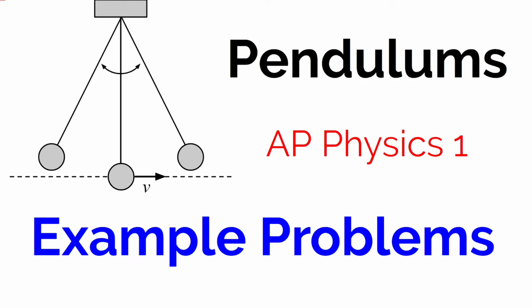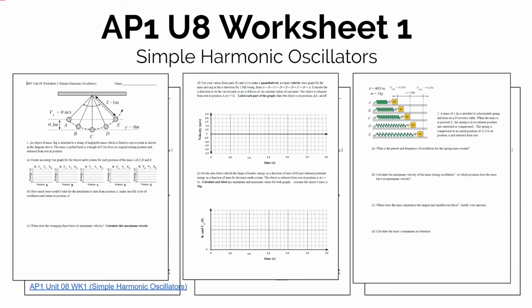Before you guys finish your homework assignment, I wanted to walk you through all of number one, the first and the second page, dealing with pendulums. How do we think about what's going on with the speed of a pendulum, what's going on with energy and energy conservation, and how do we graph things like how velocity changes over time, or kinetic or gravitational potential energy changes over time. So the homework assignment I'm referring to is AP Physics 1, Unit 8, Worksheet 1, titled Simple